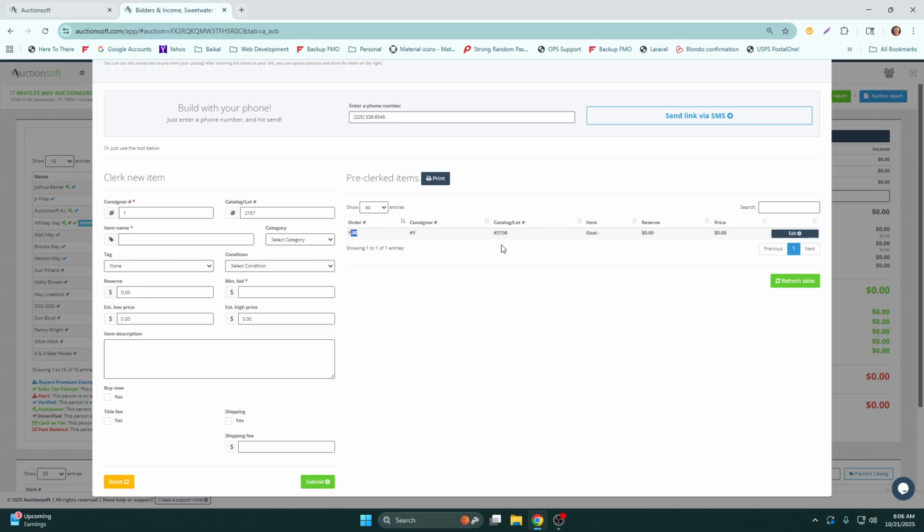So consignor number 1, and then the catalog or lot number is that, it's a goat, and so on and so forth. And then as items come in, your staff simply uses this to fill out the couple little boxes and hit submit. Now, once things are there,